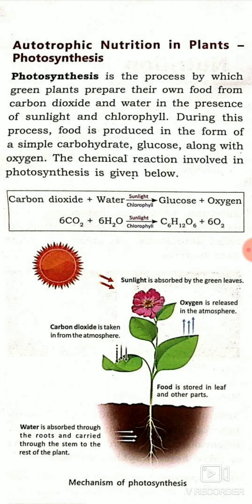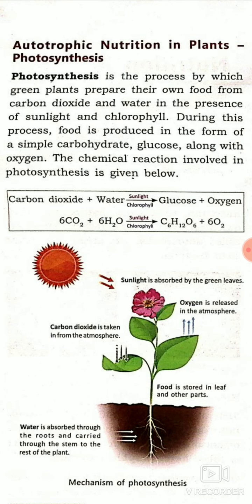Sunlight is absorbed by the green leaves. How is it absorbed? Have you ever thought about that? We also get sunlight, but we do not have chlorophyll. If you look at green plants, their green color is just because of the pigment named chlorophyll. We do not have any pigment named chlorophyll, and chlorophyll is used to trap the sunlight for the process of preparation of food.